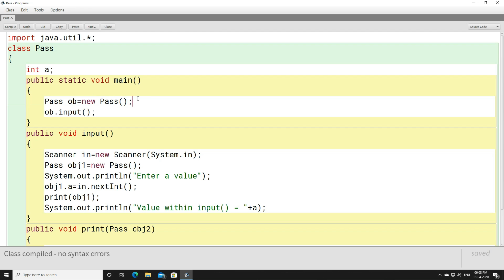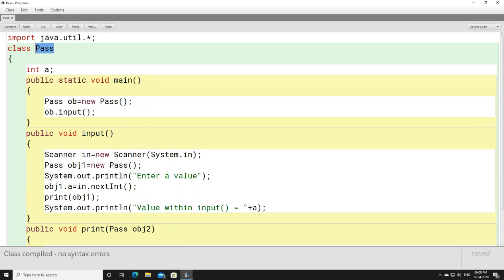And as you must have done 10, 15 or 20 programs based on pass by value, the concepts and the logic will be quite clear to you, and then you can move on to pass by reference. So initially pass by reference might be quite confusing for you. So if you are in class 9 or class 10, do not get confused, because you are never going to be asked to write a program based on pass by reference. I am only showing you this so that you can make a difference between what is pass by value and what is pass by reference.